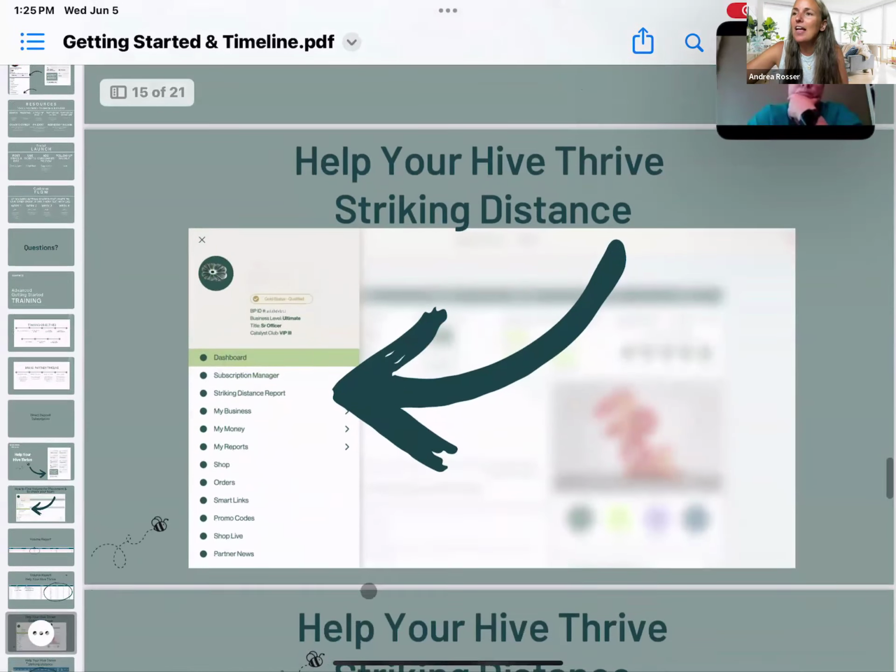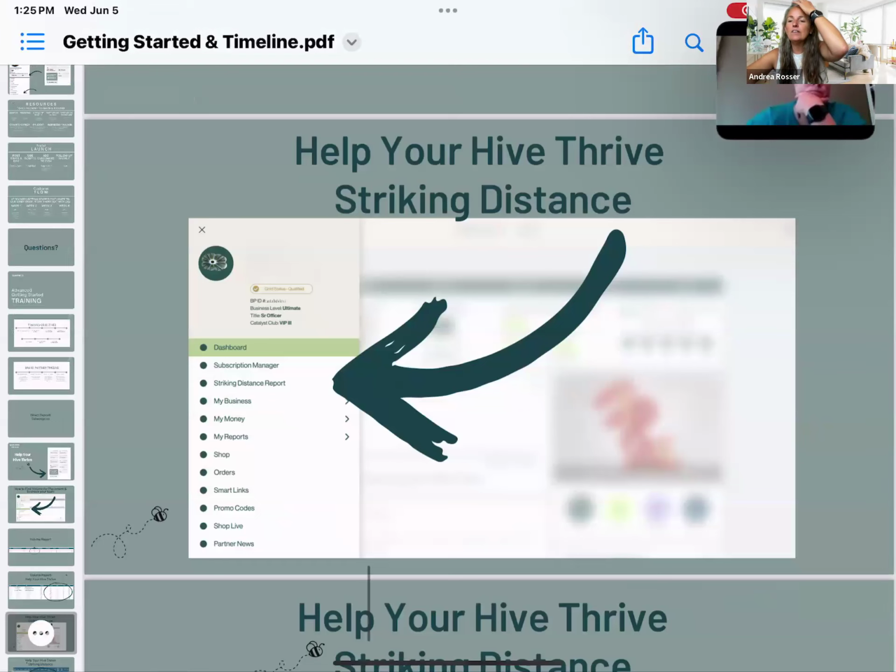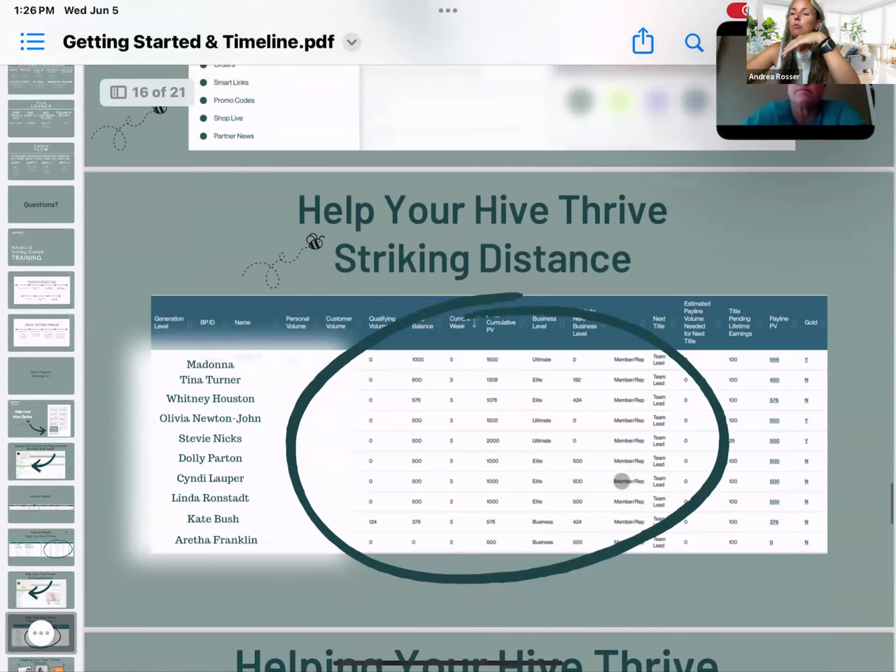And then from there, the next thing that I look at in my back office so that I can make sure that I'm helping people is the striking distance report. And this is going to show me who's close to doing something. They're either close to rank advancing, or they're close to reaching gold and ultimate, or their time is almost up. So what I personally do, I sort by the week and I look at week 3. Now I do this every week. So my week 1s and my week 2s, I'm going to see them. If you're just starting, I would say start with week 4 and